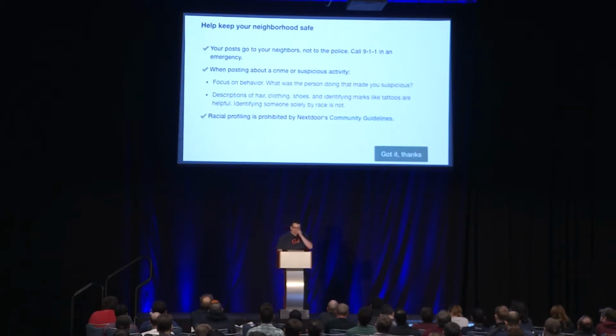So they did this in an amazing way. First of all, when you start with a crime report, there's this EULA. We talked about, okay, click, and now you get the EULA of, here's some things we're going to tell you before we let you do this. Focus on the behavior, descriptions of the hair, not just the skin color, all the identifying parts of that person, their clothes, their height, all that stuff. And also, please don't be a racist, right? But here's the brilliant part.